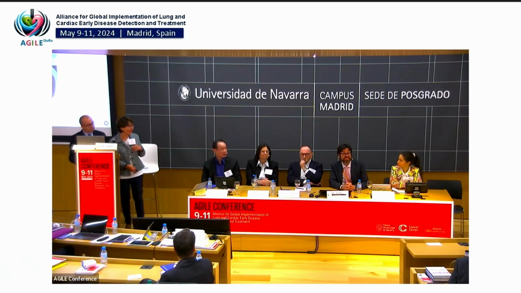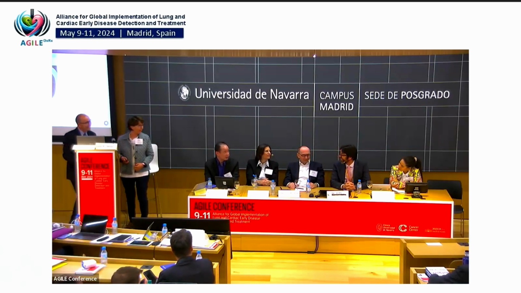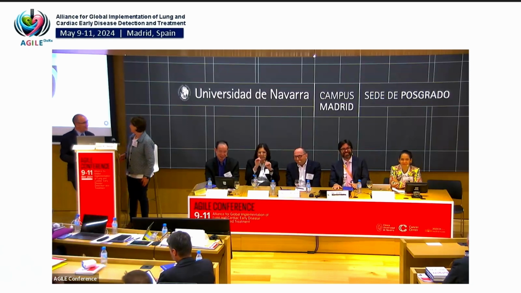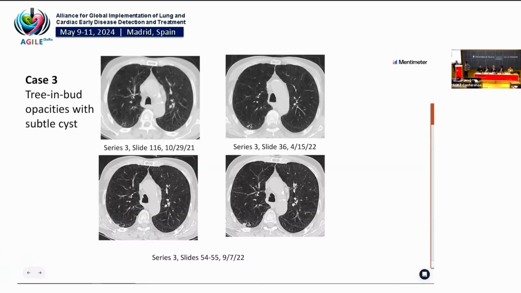Thank you. Only images, no clinical background. Hello, welcome to radiology. That's what you get. Okay, I would like to move on to the next case. Here we have another case, and I hope you can see these twin bad opacities. This is October of 2021, April 2022. Again, we see these findings. And then, I'm not sure if you can see it before, but there is a subtle cyst here. The question to you will be,